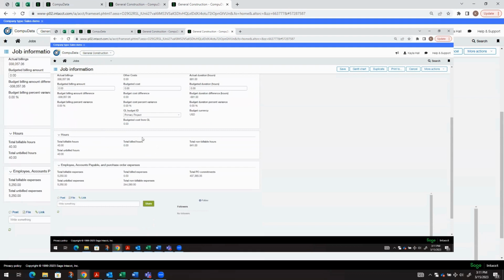We also have a section for hours. So this is being tracked by statistical accounts, which we've configured in the project configuration. Again, this is going to pull from the timesheets that are coming in and then the dimensions that we've populated. The employee, accounts payable and purchase order expenses. This gives a snapshot of total non-billable expenses, billable expenses, total unbilled expenses, total billed expenses, and then our total